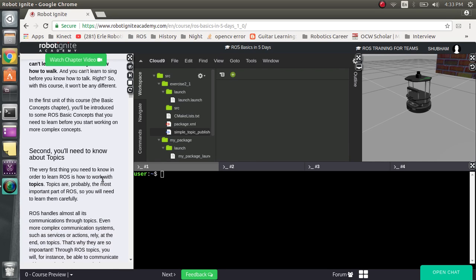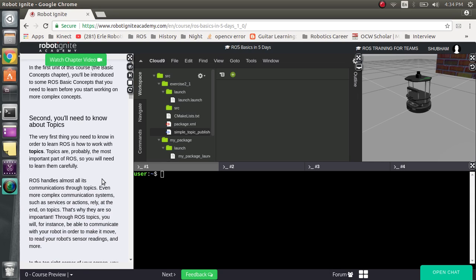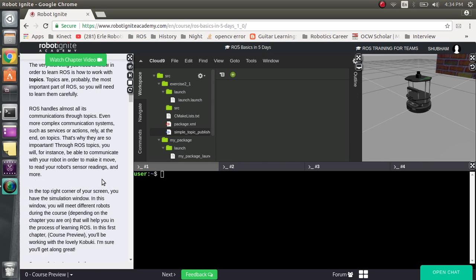The second thing we'll need to know about is topics. Topics are a very important part of ROS. What do we mean by topics? In ROS, all of the communications are handled by topics. Almost all important communication, and even the more complex ones, rely on topics. That's why topics are very important in ROS. For example, in order to take the sensor readings, in order to communicate with your robot, we need to